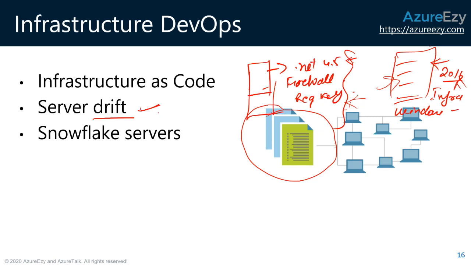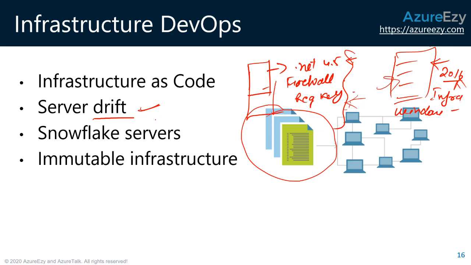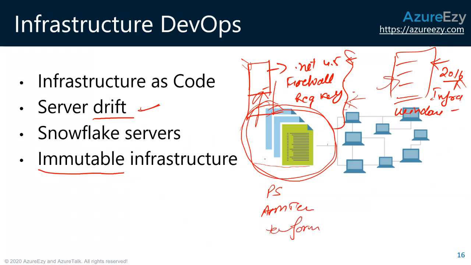But why can't we do this? Why can't we have an immutable infrastructure? What we mean by immutable infrastructure is that suppose we had the script to deploy this server. Instead of creating this server using some manual approach, if we had this script, some PowerShell file or ARM template, we will talk about ARM template or Terraform. There are various tools which are available in the market. If we have some script, instead of